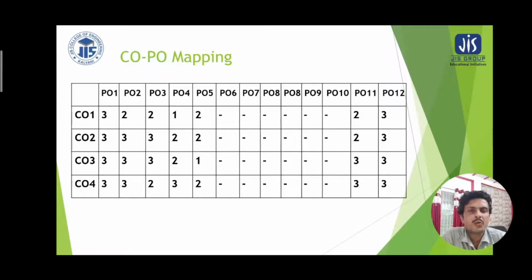Now in the course outcome and program outcome mapping, we are seeing that there are 12 program outcomes which are mapped to the course outcome statements. As 4 course outcome statements exist for basic electronics engineering, they have different weightages assigned to each of the columns of program outcomes. Here 3 depicts the high weightage assigned for a certain mapping, 2 means the moderate linking, and 1 stands for the least linking. When there is no link, it is kept vacant with a dash line.